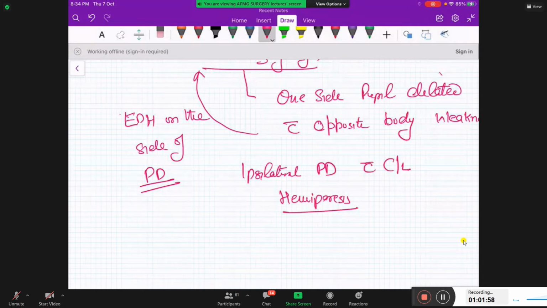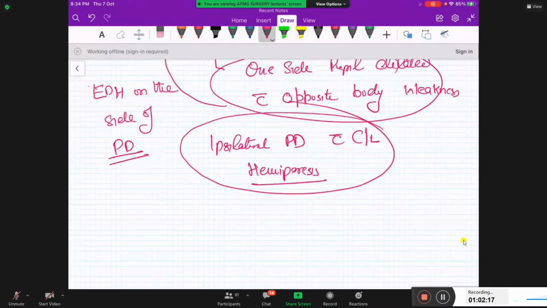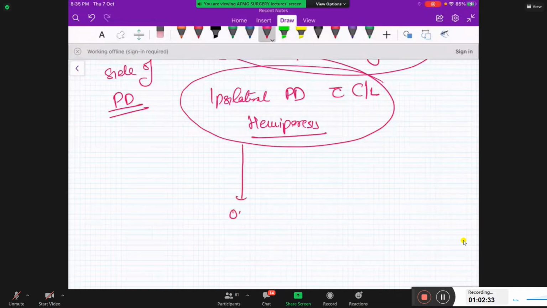Right? So if any patient comes to you with one side pupil dilated and opposite side body weakness, it means it is a lateralizing sign. And once it is there, please note it in capital letters. Once this is there, we don't even need to do a non-contrast CT. The investigation of choice for head injury we have written is non-contrast CT, but we will not do non-contrast CT here. We will directly take this patient to the operating room and evacuate